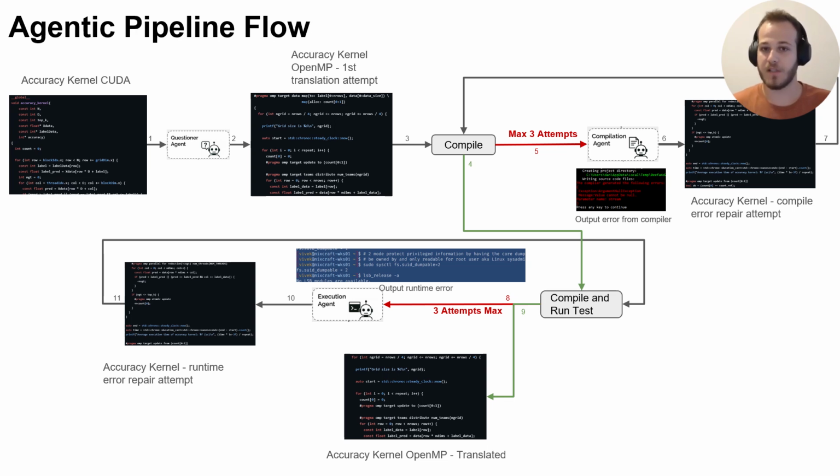So the absolute simplest pipeline we could think of was like we take, say, an accuracy kernel here in CUDA, we give it to an agent, which could be any LLM with any of the previous approaches added onto it. It gives us some translation. We compile this, and then we give it to a separate LLM that takes the compiler error along with the original code and tries again to fix the translation. So we just try this 3 times, try to run a test 3 times, and that's it. And you'd be surprised, even this simple translation has a lot of benefit to our end result.